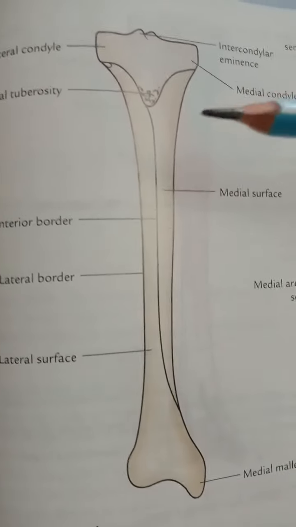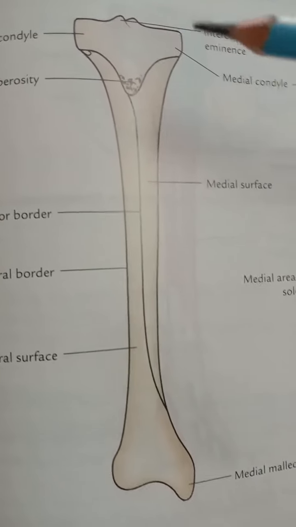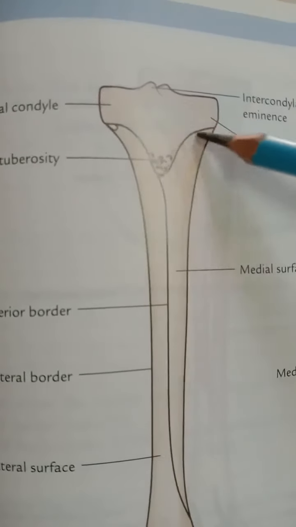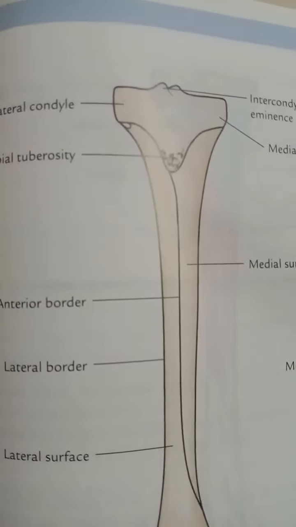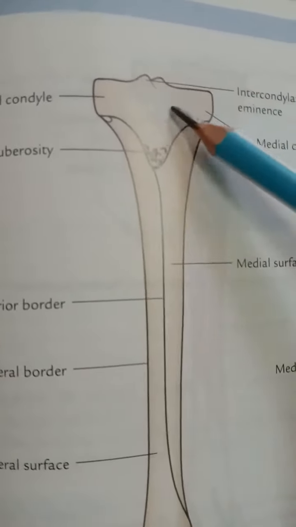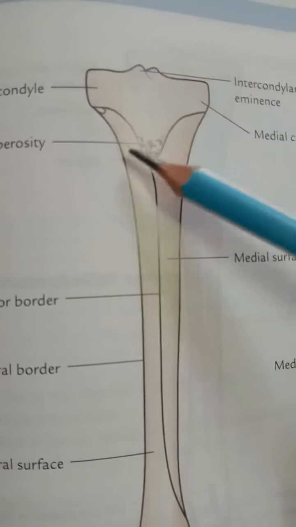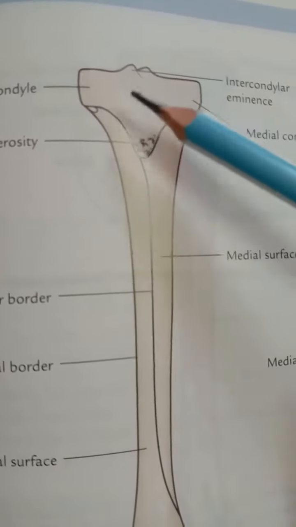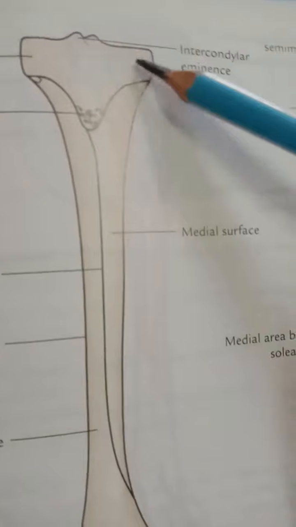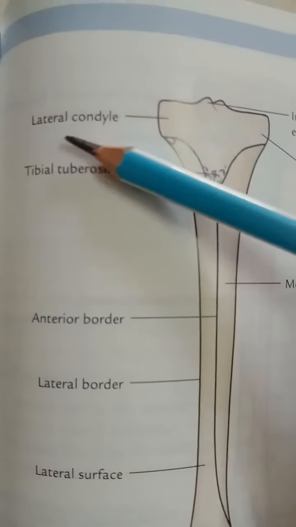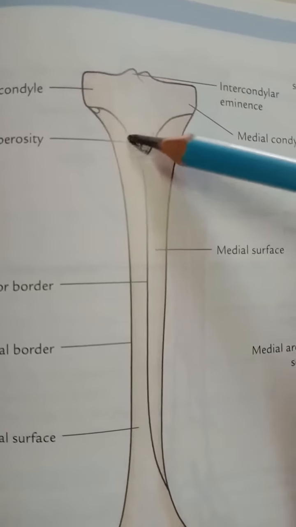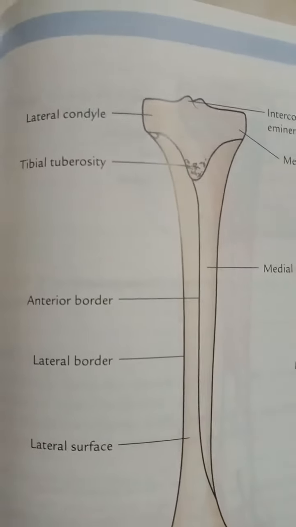As the tibia is a long bone, it should be divided into the upper end, the middle shaft, and the lower end. So let's see the upper end of the tibia. The upper end is expanded from side to side, and it consists of two large condyles which overhang the posterior surface of the shaft. It includes the medial condyle, then the lateral condyle, the intercondylar area, and the tuberosity called the tibial tuberosity.